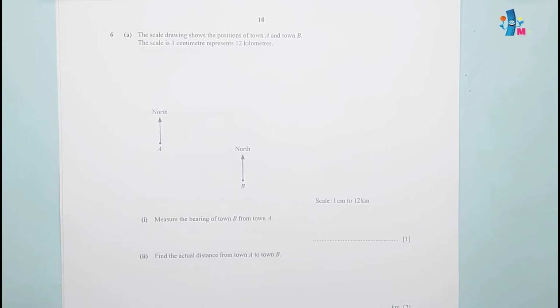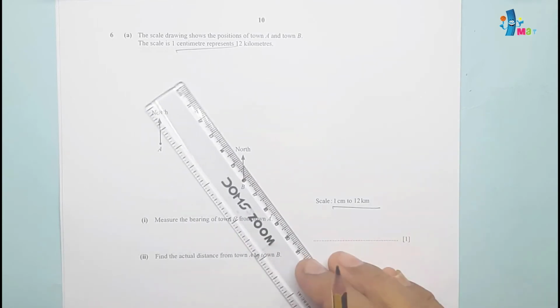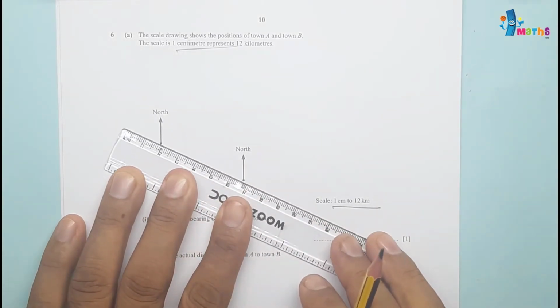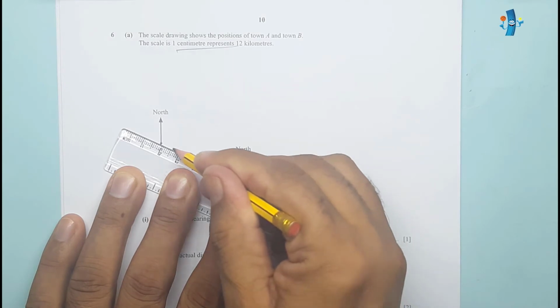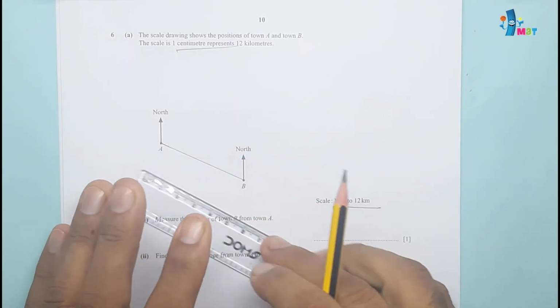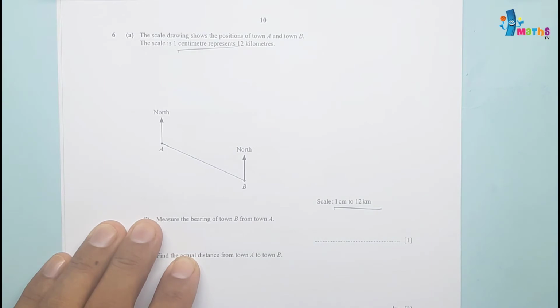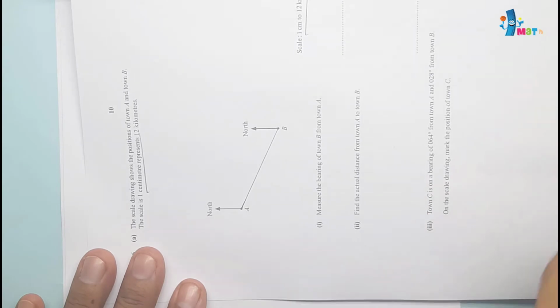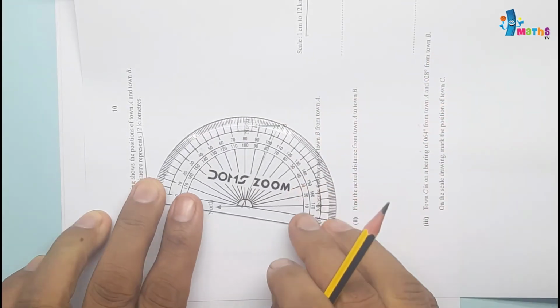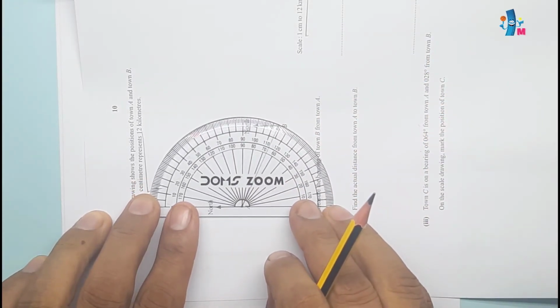Question number 7 is a bearing question. The scale drawing shows the positions of town A and B. The scale is 1 centimeter is to 12 kilometers, and measure the bearing of town B from A. So bearing of town B from A, we will be joining these two locations. Bearing of town B from A, we will be measuring, and we'll put like this and place your protractor,